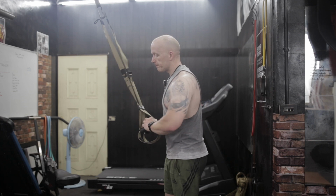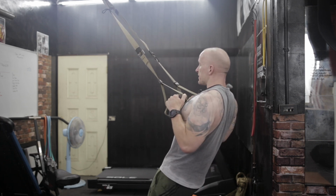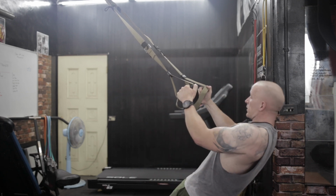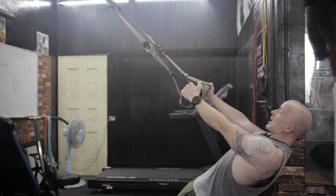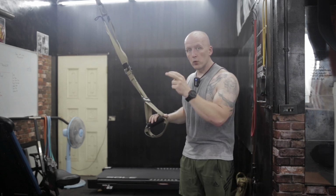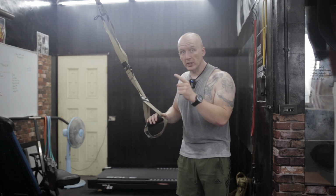For a pulling movement, same type of thing. Here at the top of the rep, it's the lightest. As I go towards the bottom of the rep, it's the heaviest. And the reason why this is especially important to overload the bottom portion and to relieve pressure at the top portion of a pulling motion